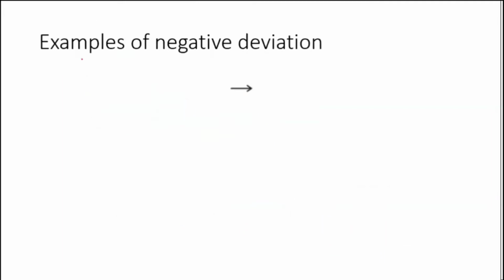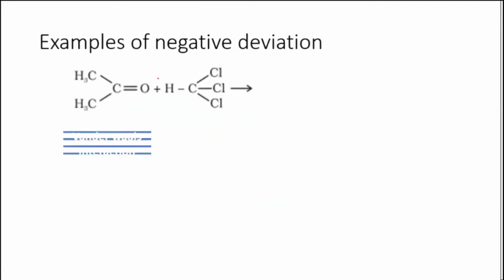Now coming to the negative deviation. When the negative deviation happens, like in this case, I have taken this example. This one is acetone here, CH3, C double bond O, CH3. It is an acetone molecule, though the way it is written is a little different. You should be able to recognize the molecule however it has been written. The way it is written can change.